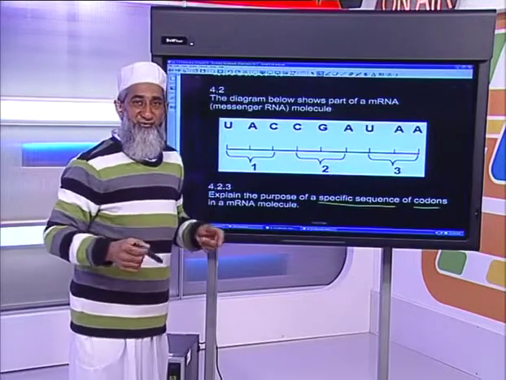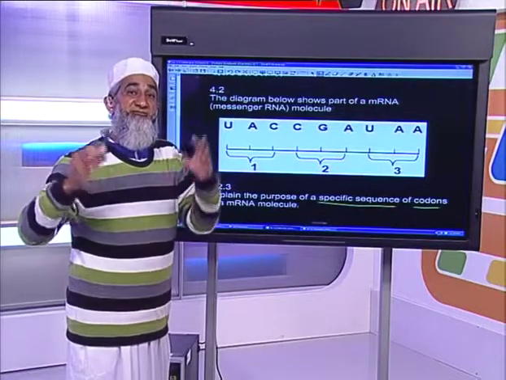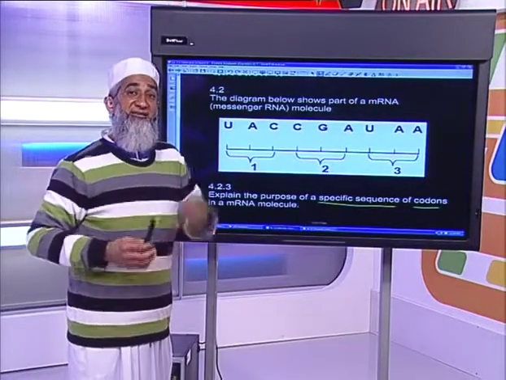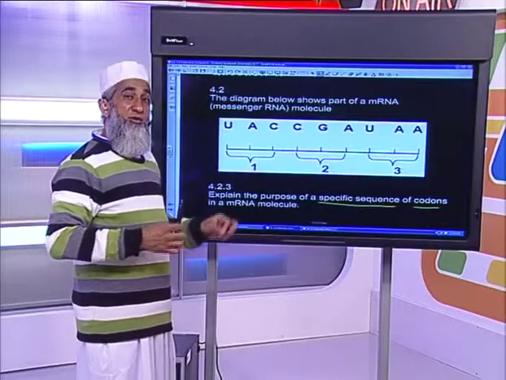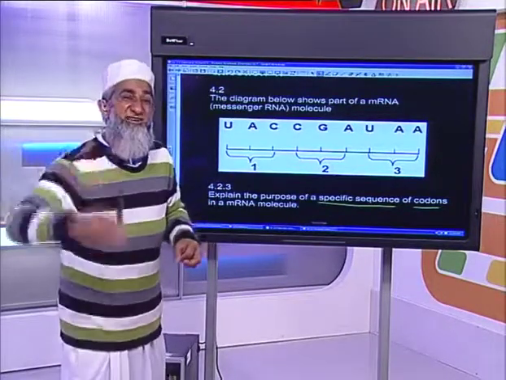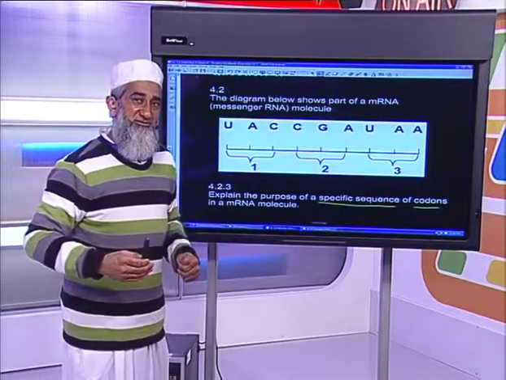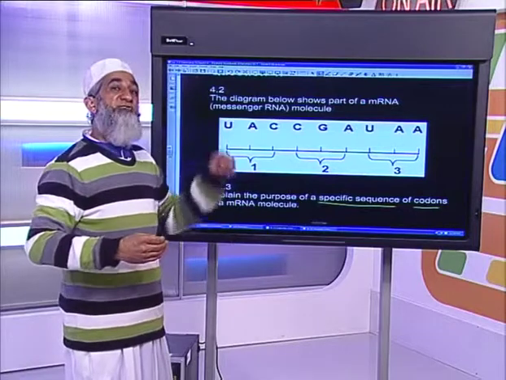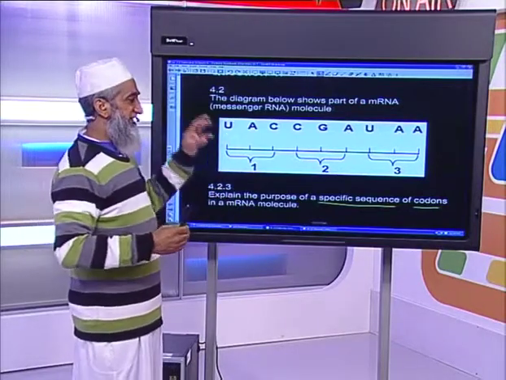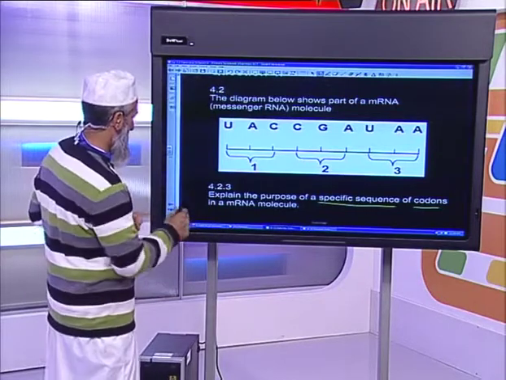Therefore, and we said that transfer RNAs are specific. They carry specific amino acids. And therefore, the specific coding would then specifically code different amino acids in a particular sequence. And this will determine the structure and the function of the specific protein that this messenger RNA is coding for. Very important there.